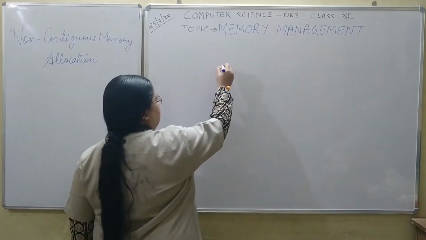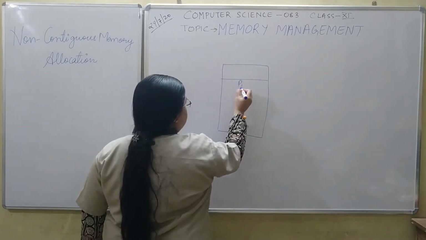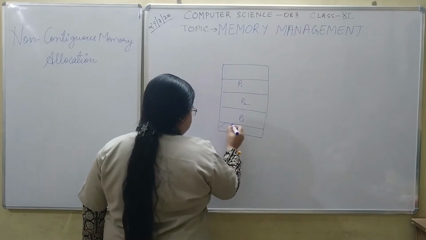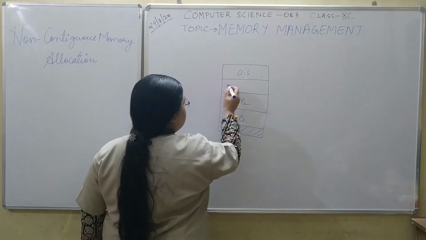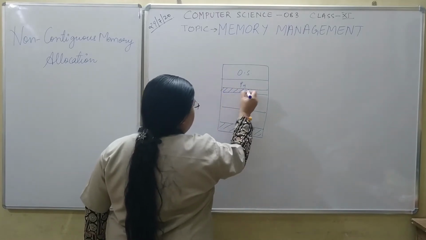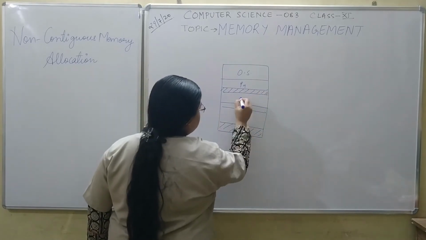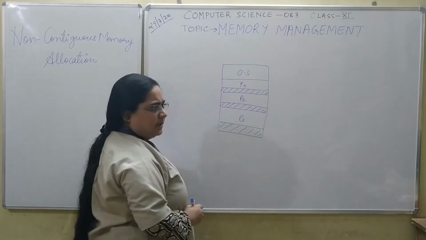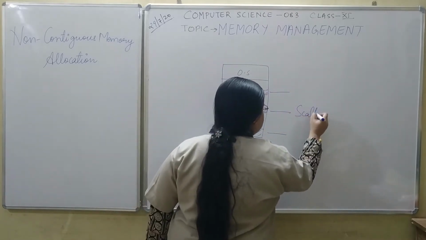We had seen a case where we have memory and a process P1 comes into the memory, P2 comes into the memory, P3 comes into the memory, and this is the free space which is left. Now P1 completes its execution and leaves, and another process P4 comes into the memory and a free space is created over here. P2 also completes its execution, another process P5 comes into the memory and again a free chunk of memory is created. So you can see that these chunks of free memory are scattered throughout the memory.